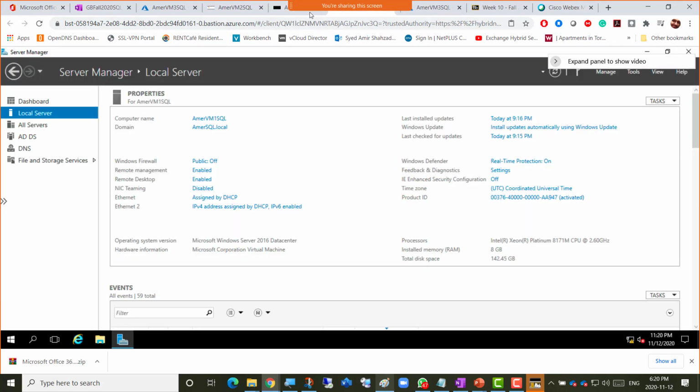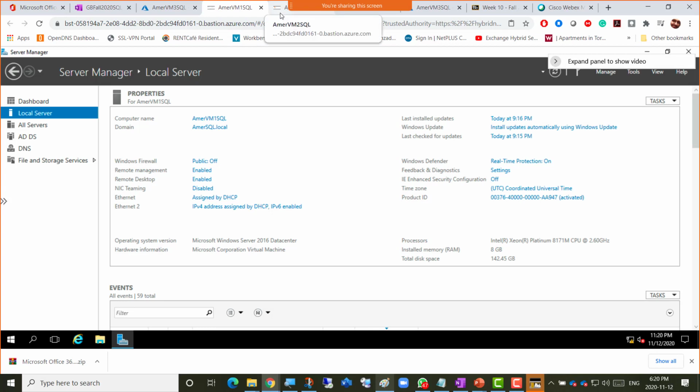Okay, so that's my second machine, this is my third machine, and this is the first one, second, third. Okay, so once the machines are up,